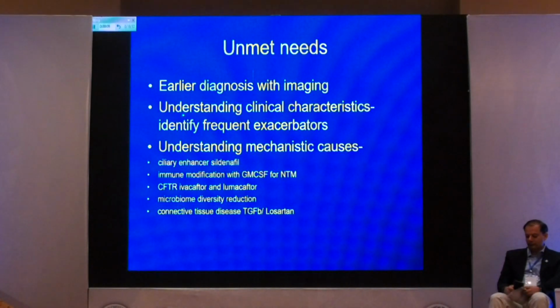I think one of my last slides here, again, we are trying to see if we can detect anything before the CT, anything that we can detect before bronchiectasis actually develops and becomes irreversible. We're also trying to look at how we can better establish the genotypic and phenotypic characteristics by looking at some of the genetics and cell models, and also at whether it's a neutrophilic inflammatory process, and why certain people are more progressive versus others. And then these are some of the research-based tools that are being used: GM-CSF, sildenafil, a ciliary motility agent, the CFTR modulators, looking at the microbiome.